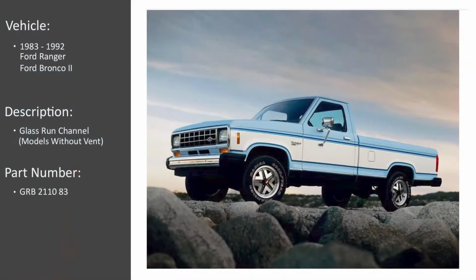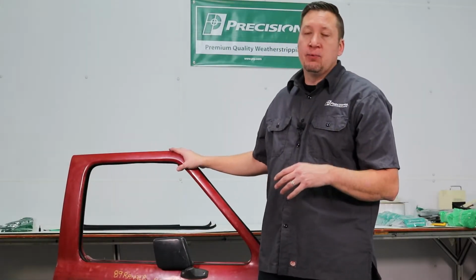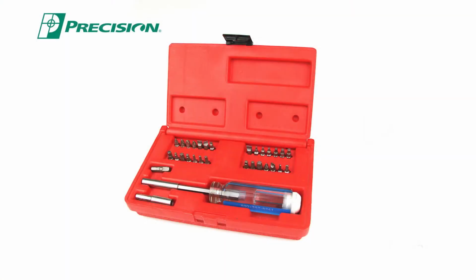Today I'm going to show you how to install a GRB 2110-83. It fits a 1982 to 93 Ford Ranger and Bronco 2 with models without vent assembly. We're going to be putting on this door here that we took off the cab so we can more easily show you the process. The tools you'll need are